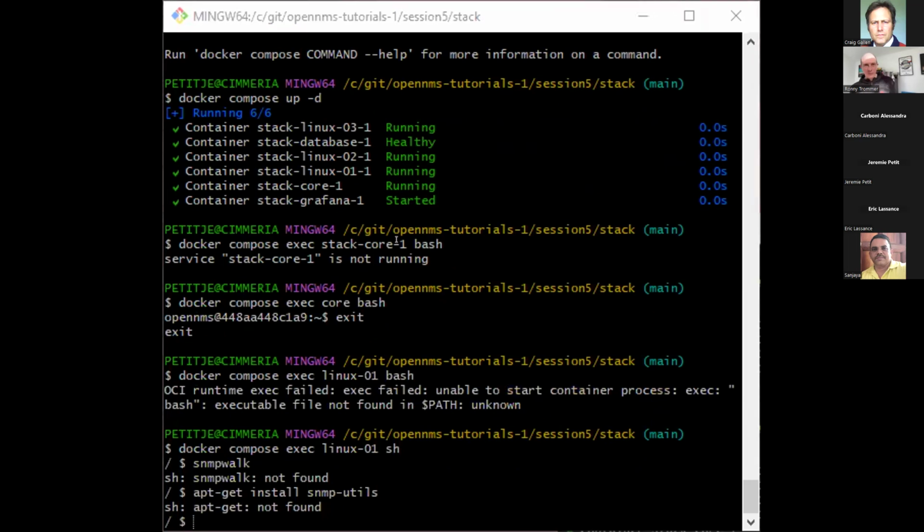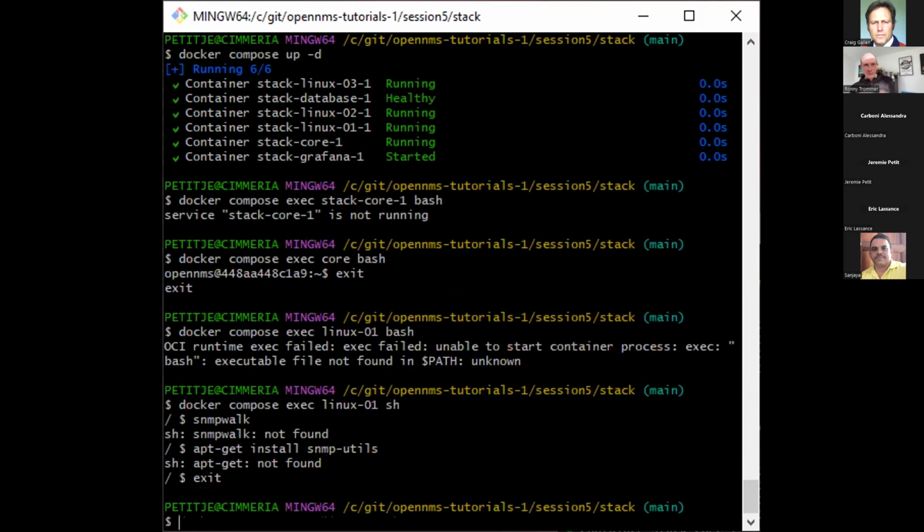So you can use the Karaf shell from OpenNMS. You can access it with SSH: ssh admin@localhost -p 8101.